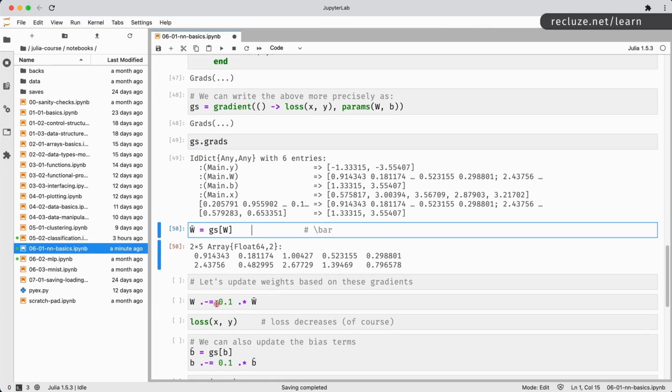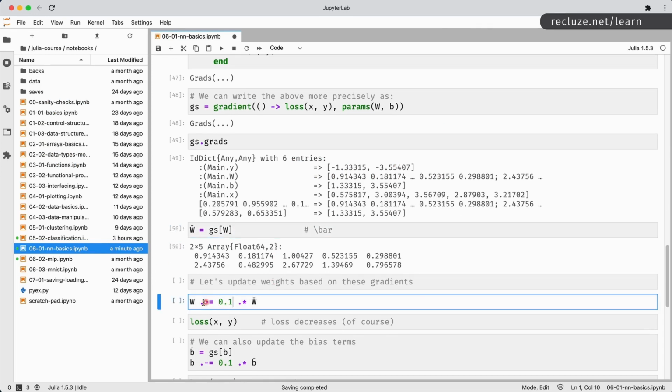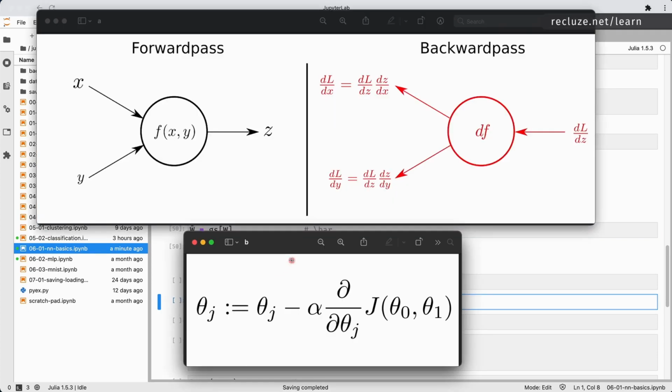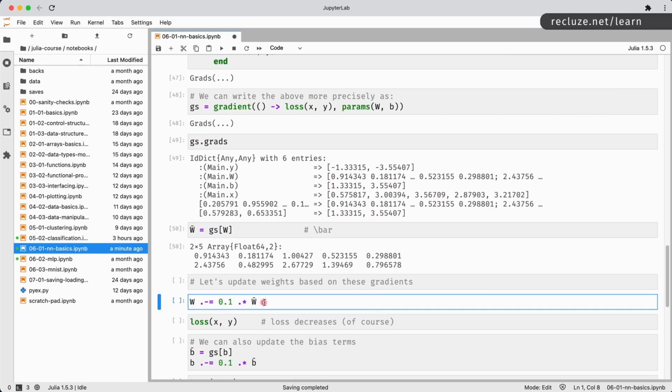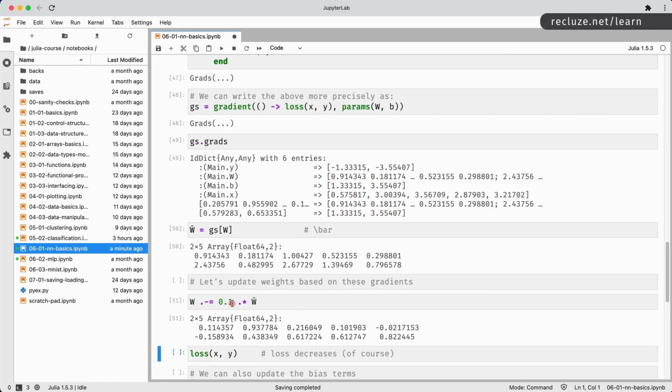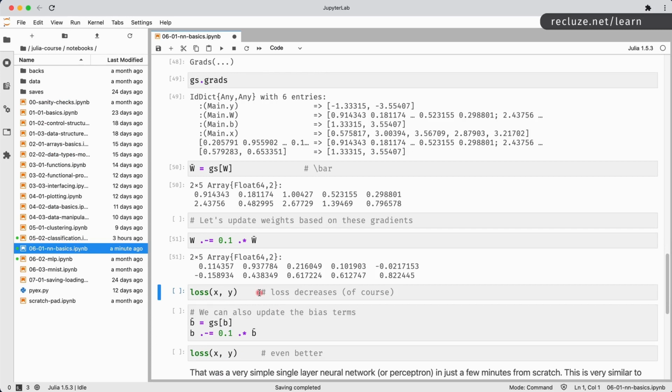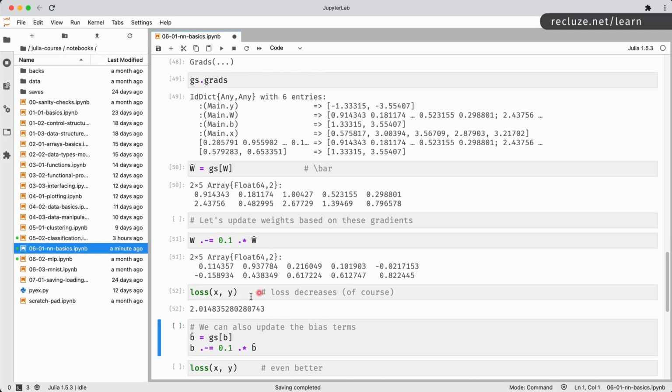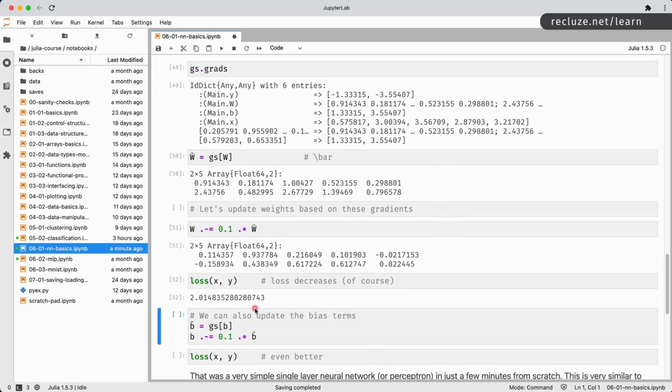We are going to apply this. So this is your alpha. W dot minus equal to this guy over here. So old value minus alpha times the derivative. We do that, so all the weights are updated. If we calculate the loss now, you will see that the loss has gone down because we have applied the backward pass once. Okay.